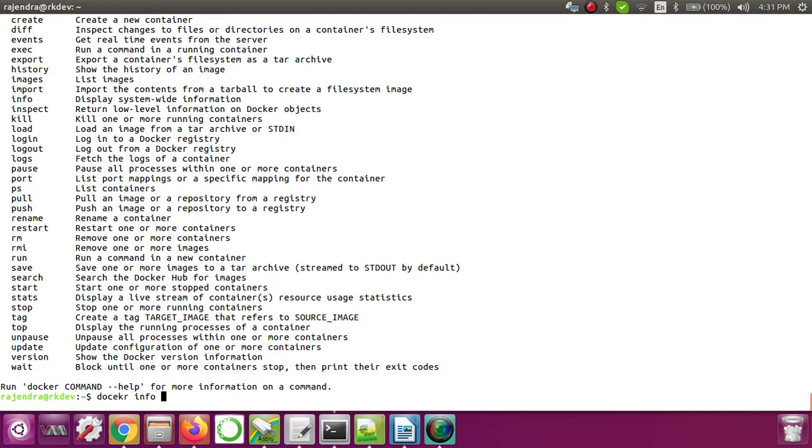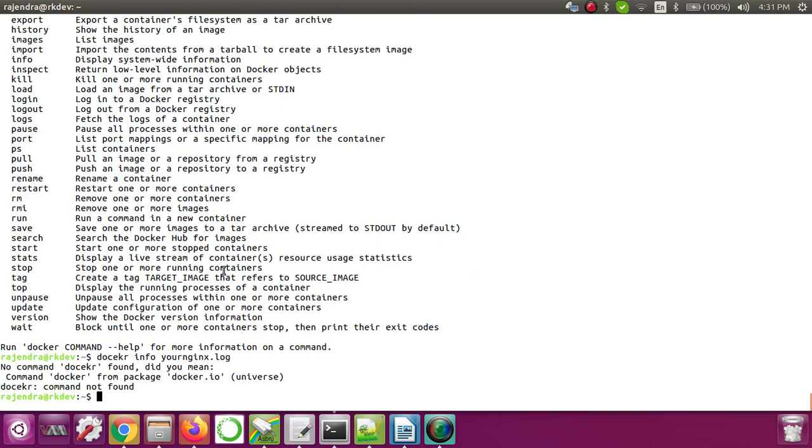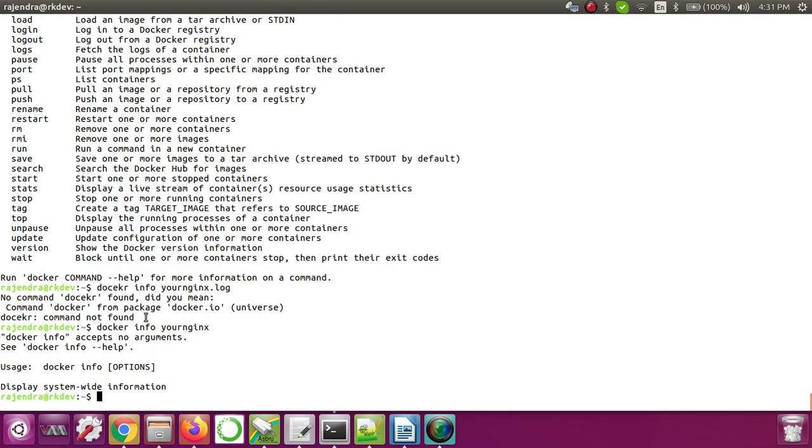If you do docker info your nginx, sorry, docker info, okay. First let's see the docker info -h.